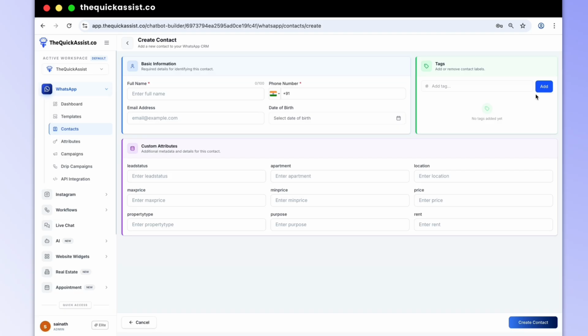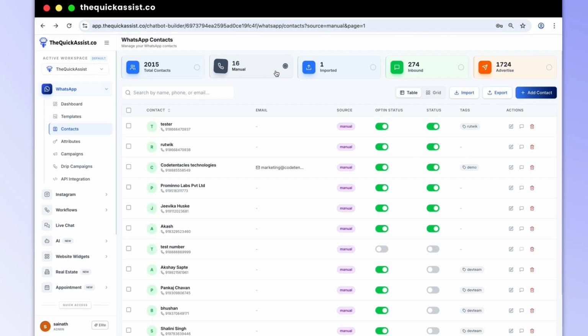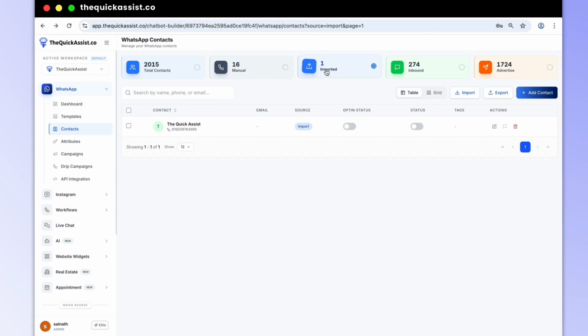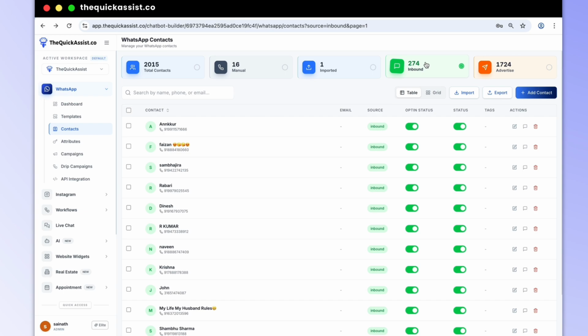In the manual section, here you can add the contacts manually by adding their name, phone number, and also we can add tags. Next is the import section. In the import section, here you can import a CSV or Excel file. Next is the inbound section. In the inbound section, the WhatsApp leads which occur directly come under the inbound section.